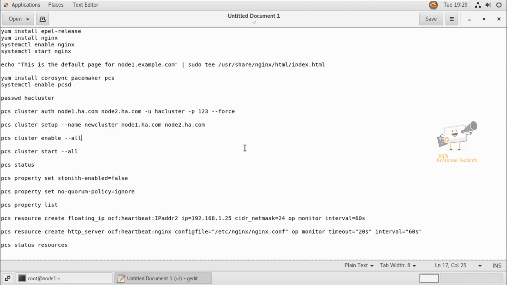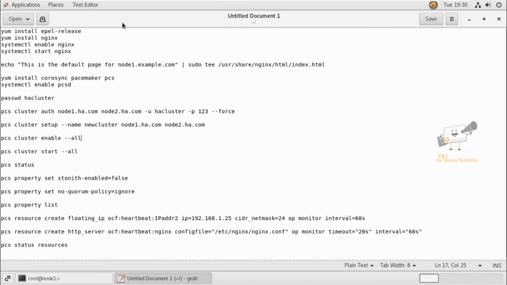Next, load balancing dispatches network service requests to multiple cluster nodes to balance the request load among the cluster nodes. And high performance carries out parallel or concurrent processing, which helps to improve the performance of the applications. So in this video I'm going to use two CentOS 7 machines.